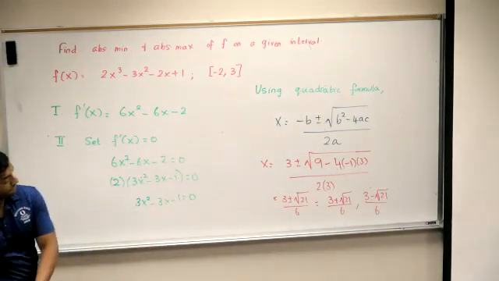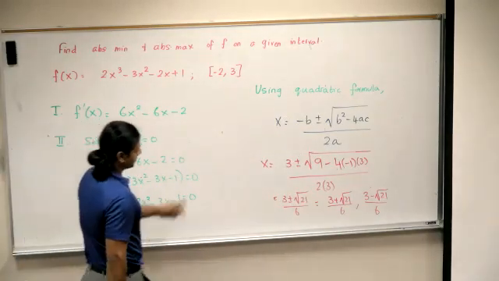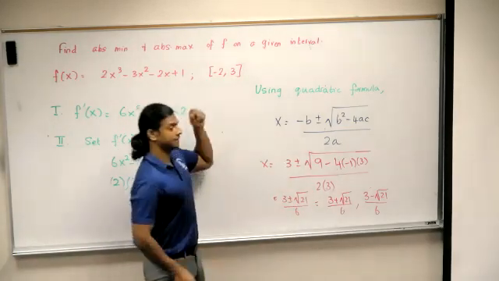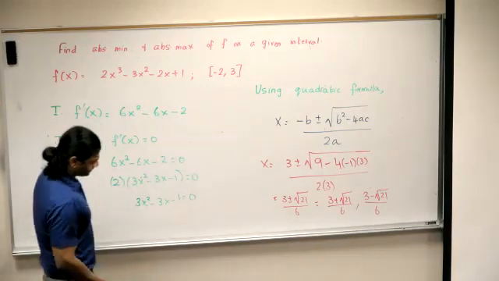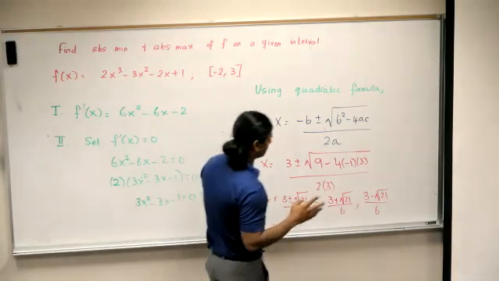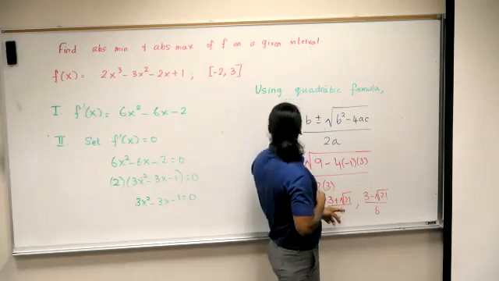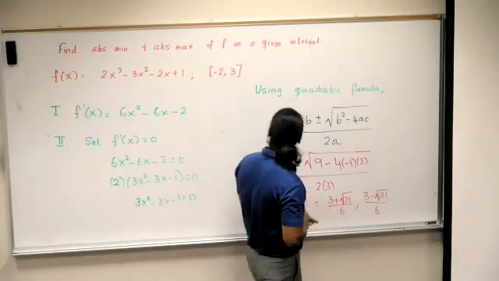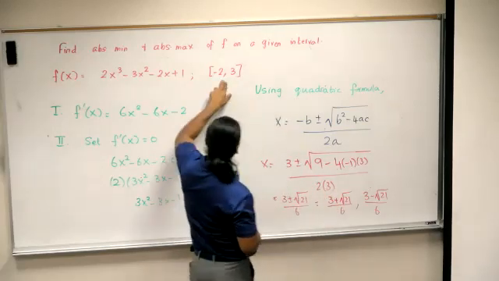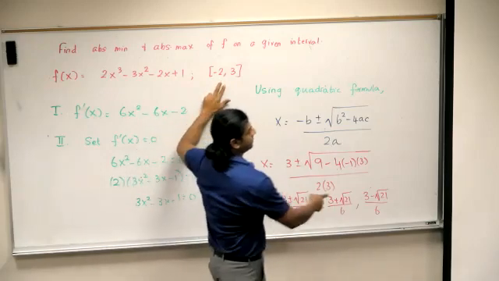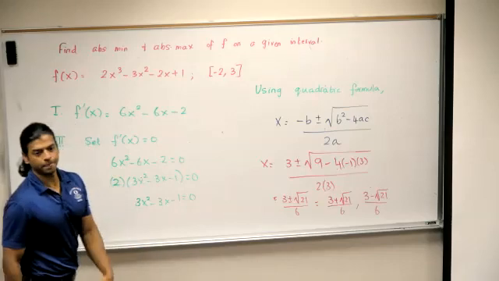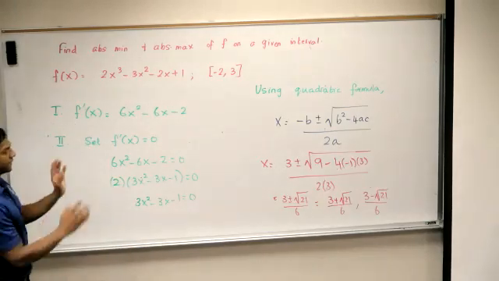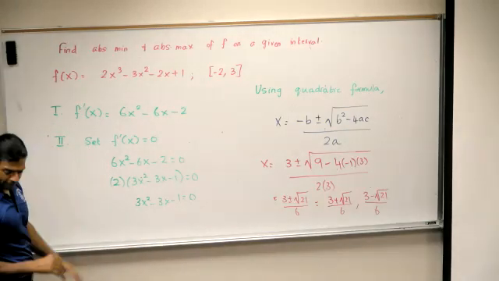And both of them will lie inside the interval. Yes. Square root of 21 is about 4.5. So 4.5 plus 3 is 7.5, divided by 6. Yes, that will lie in there. 3 minus 4.5 is minus 1.5, divided by 6. That would also lie there. So since we have two critical values,